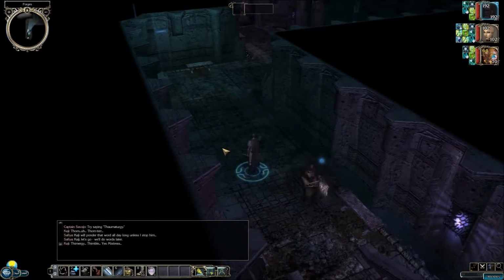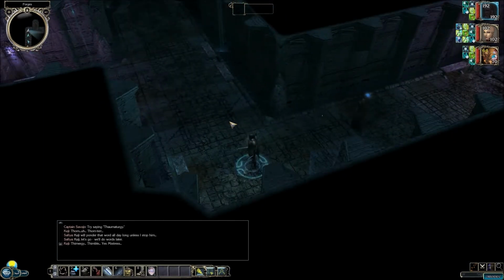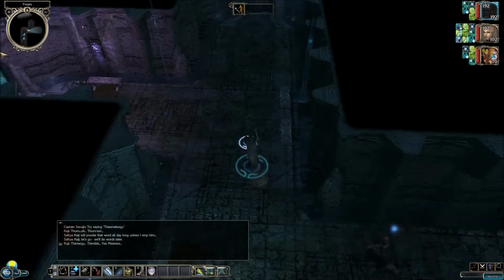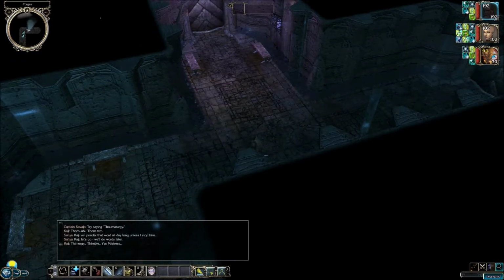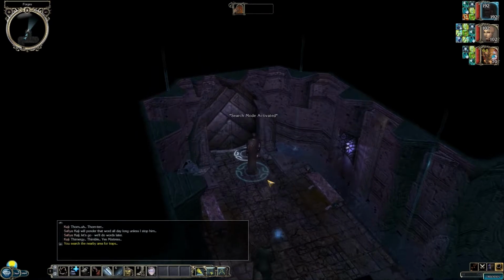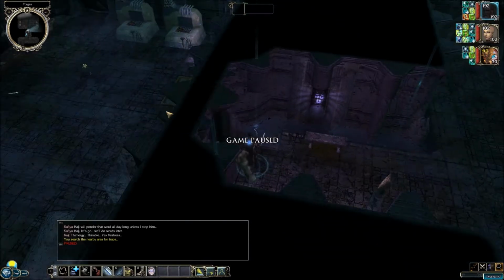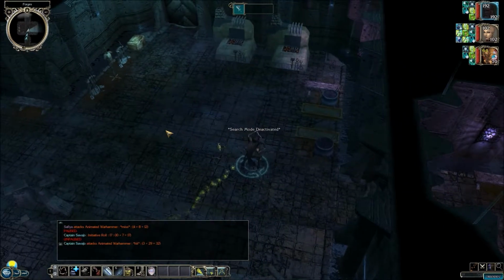Alright, so enough of that. Let's go on up here. We got 2 doors. So, I guess we'll go to the door to the north before we go to the door to the east. Put on search mode in case there's any traps. Oh, what do we got in here? We got some animated weapons, huh? Straight out of that game Dragon's Lair. Time for a bit of...